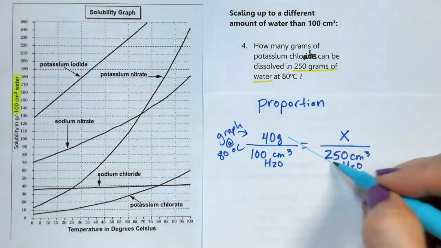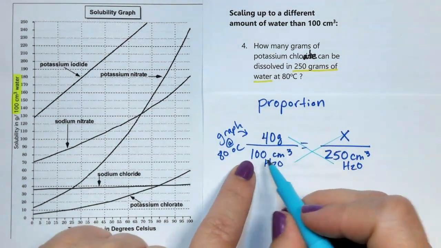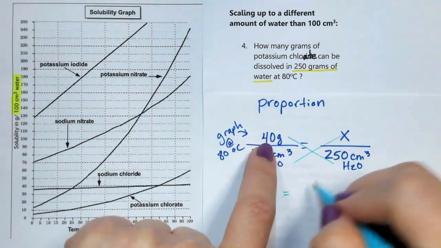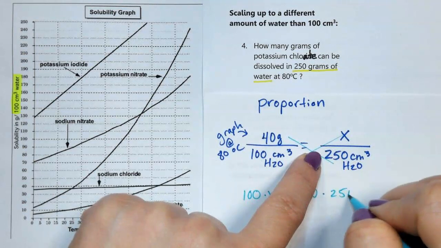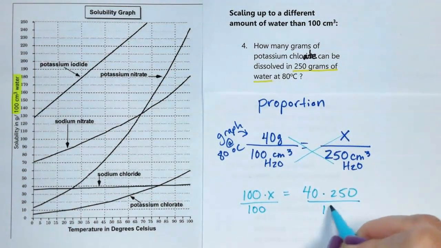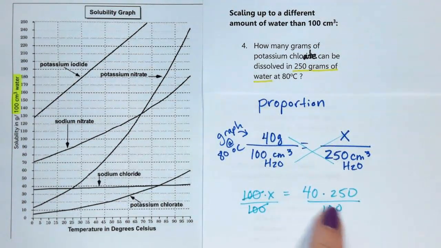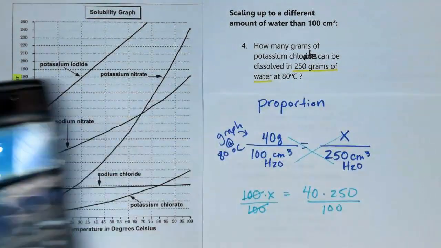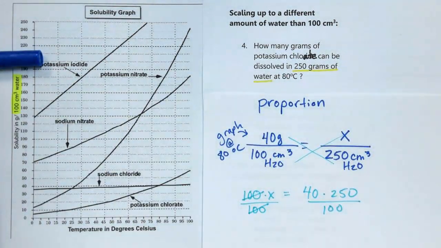So we'll do a cross multiply. So here we get 100x is equal to 40 times 250, and then of course we're going to divide both sides by 100 in order to isolate our x. So x is going to equal 40 times 250 divided by 100, and we get 100. So this final answer is 100